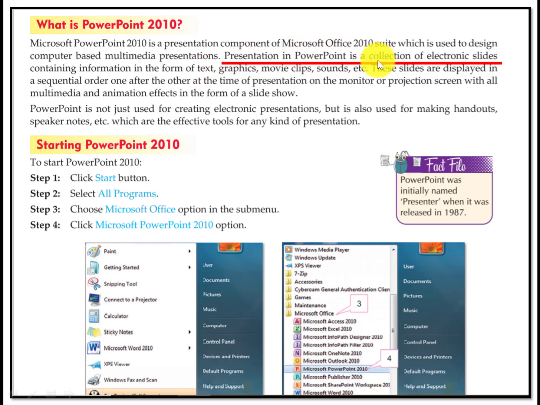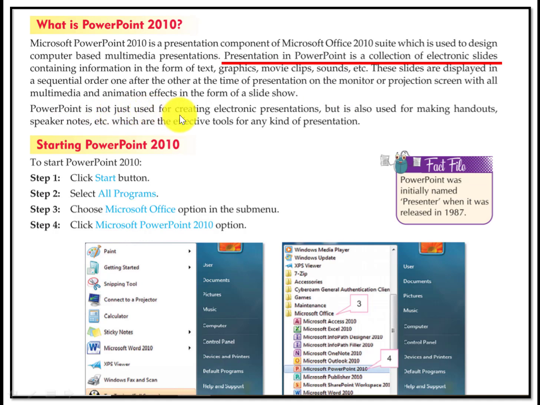A presentation in PowerPoint is a collection of electronic slides in which we can add text, images, graphics, movie clips, sounds, etc. And these slides are displayed in a sequential order, one after the other, at the time of presentation or when we do the slideshow.